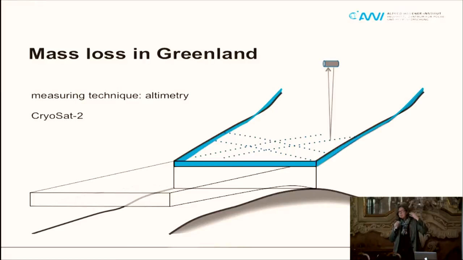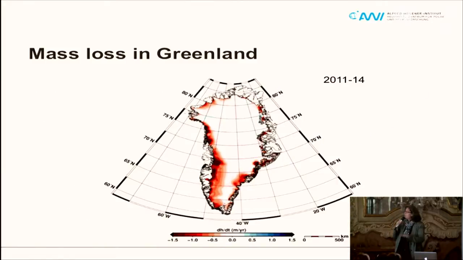Then this satellite is going around the globe in orbits, and it has a repeat visit time, for example for CryoSat-2 it's 366 days, and in that time you do have a change of the elevation. And what you do is you estimate the elevation change over time, and then you have to interpolate this over the entire ice sheet. So you do not have a spacing of every meter, you have several kilometers in between these tracks. You estimate along the tracks the change in the elevation, and then you interpolate this over the entire ice sheet. And that's an example of an average from 2011 to 2014.